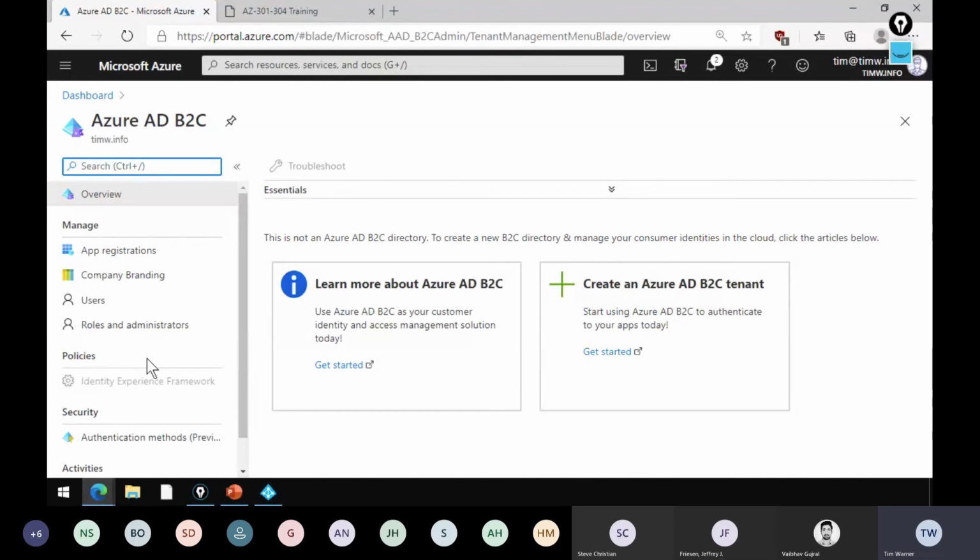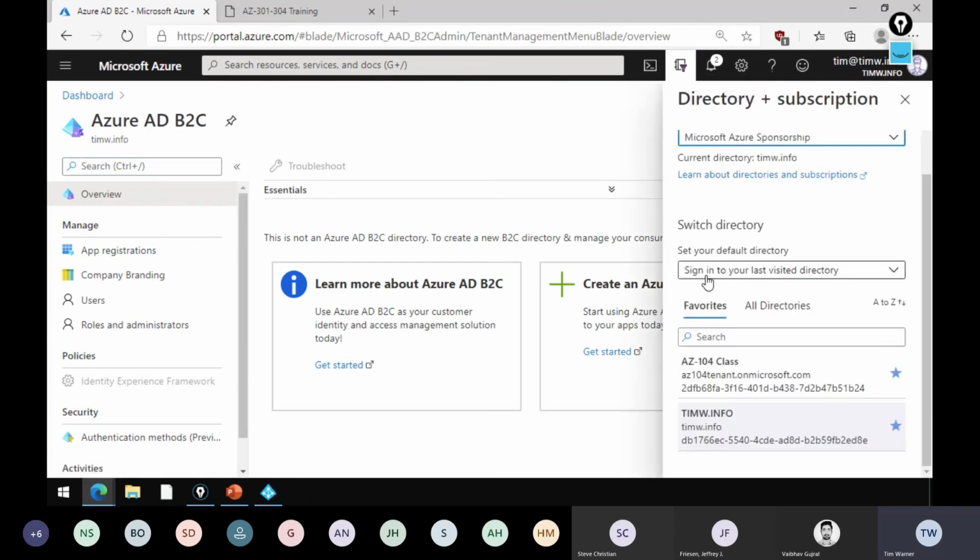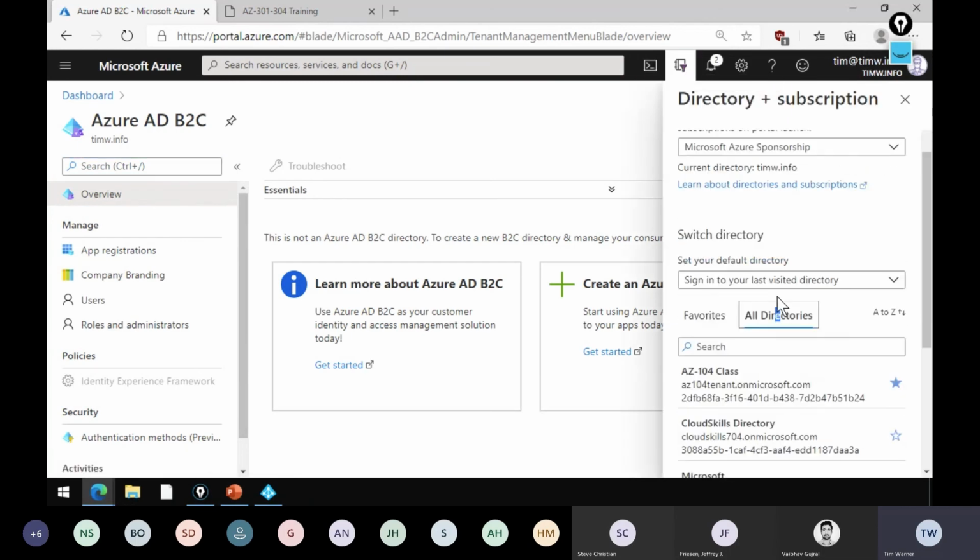I have a lot more to go with B2C, so I don't want to speak anymore because I'm probably going to create more confusion than clarity. I thought that this was going to give us more centralized control over that tenant, but no, because it is a separate instance, we're going to need to switch on over to that tenant, the B2C tenant.